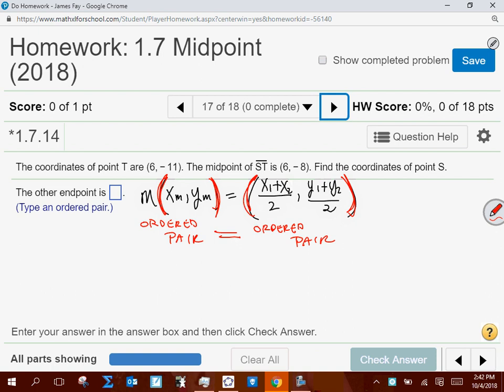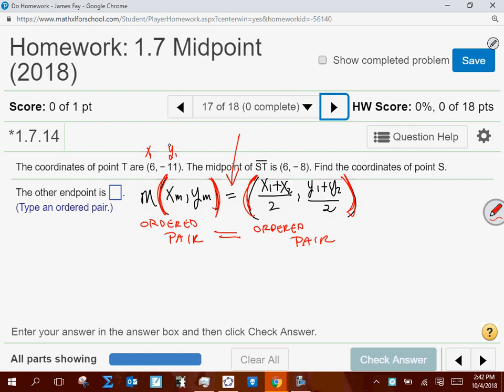If I have 2 ordered pairs in an equation like this, that equal sign tells me that these 2 ordered pairs are equal, right? How can 2 ordered pairs be equal? The only way is if the x values are the same, and the y values are the same. So if I gave you an ordered pair of 2, 7, and told you to find me an ordered pair that is exactly equal to that, you have to give me 2, 7. Okay? So that logic hopefully allows us to realize that if this is x1, y1,